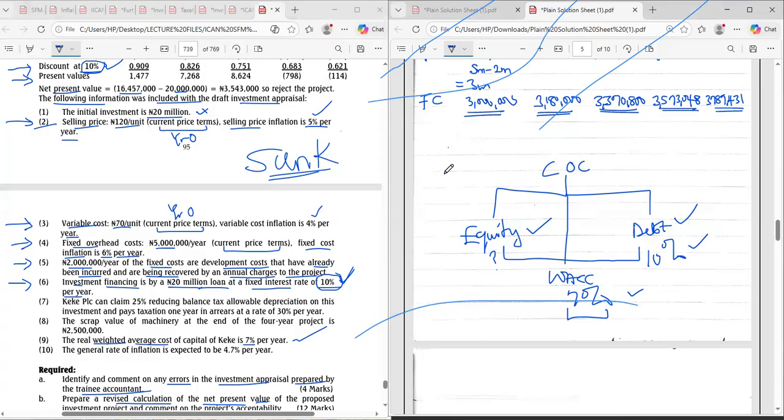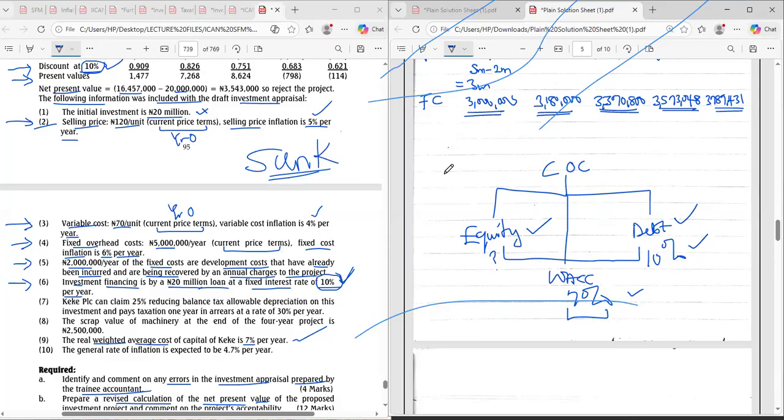I don't know what the average cost of capital is, but maybe to you it is 7%, but to me it is not really 7%. And I'll tell you why it is not 7% as we proceed. Shock you? You've not seen anything. You can never be sure. So we can't use 10%. So that's 3 marks. We need 1 more mark. Let's get that 4 marks.